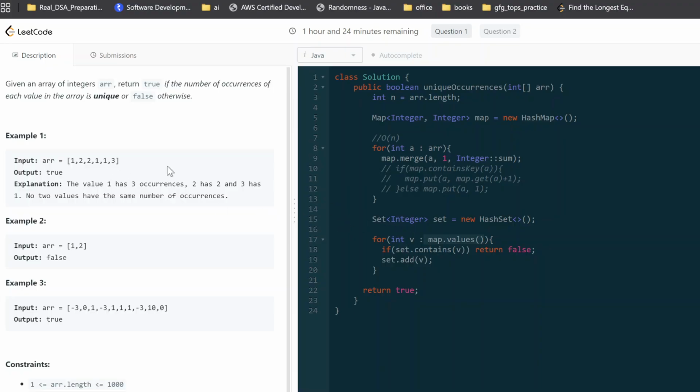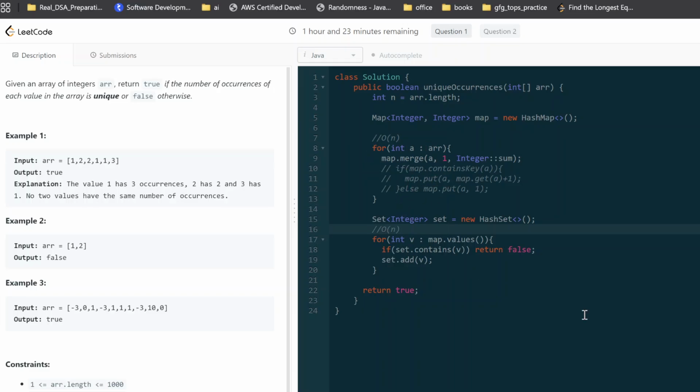Let's say we have an array like 1, 2, 3, 4, 5, 6, 7, 8, 9, 10. Then we're going to have a map like 1 is 1, 2 is 1, 3 is 1, 4 is 1. So in the worst case, we might need to travel linear time again. So this is also linear. So total complexity will be linear,